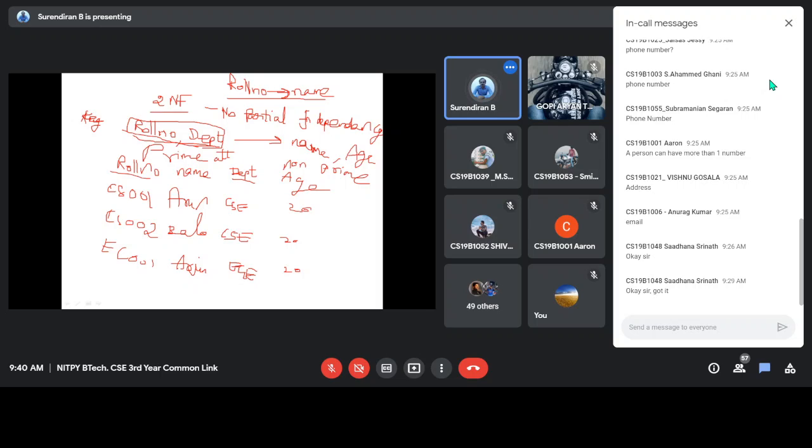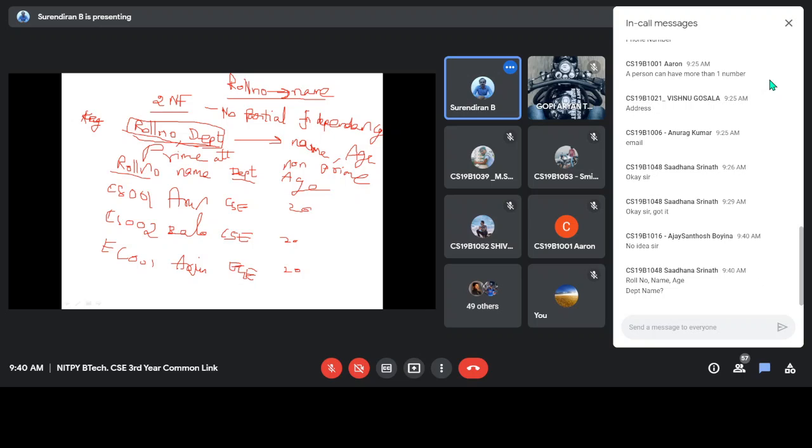No answers? Yeah, we have to move department name separately. How can we move department name separately? Because we have to relate the student and department name.